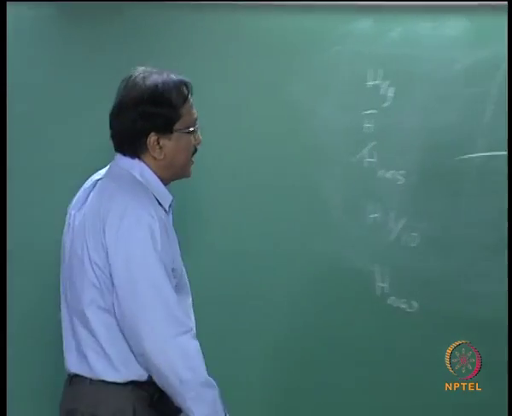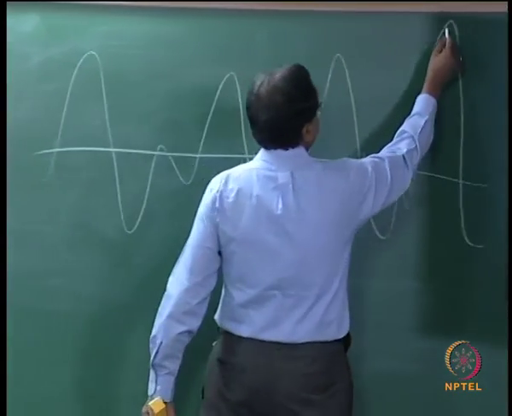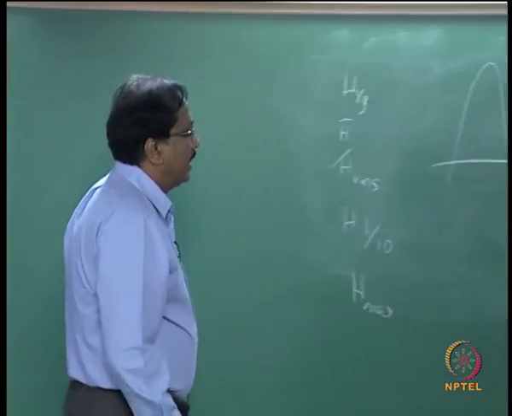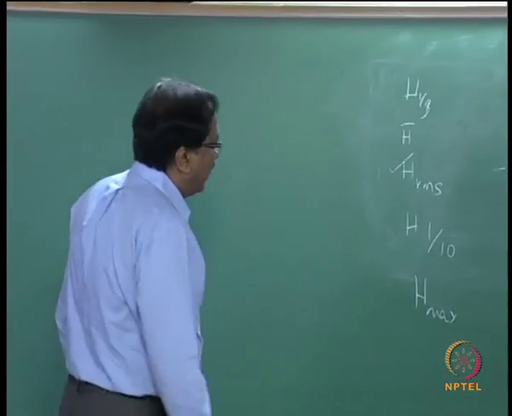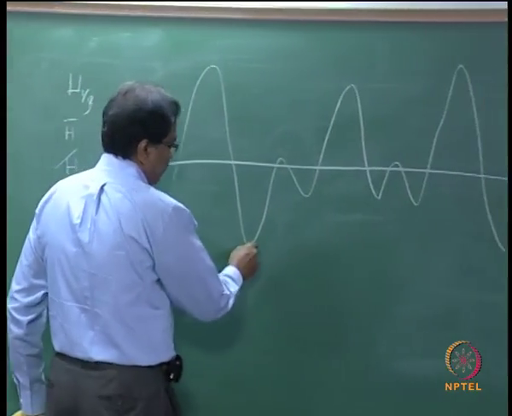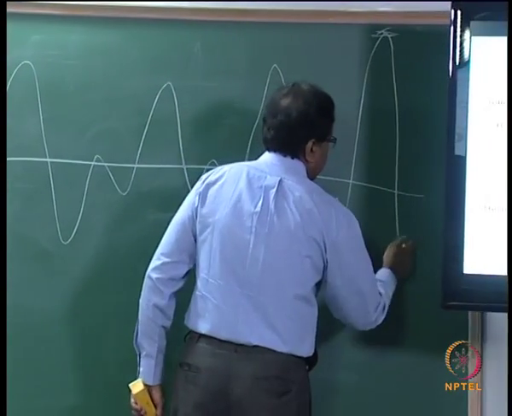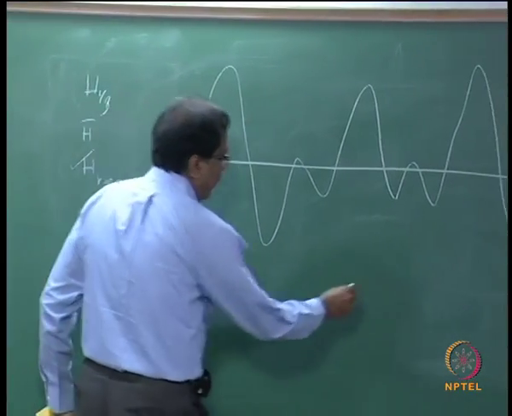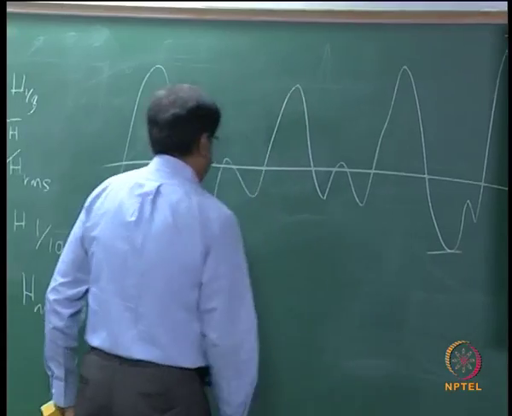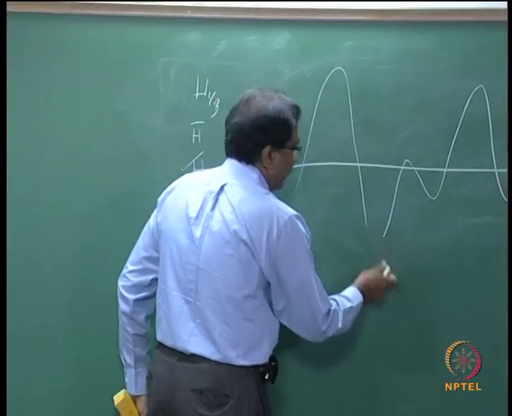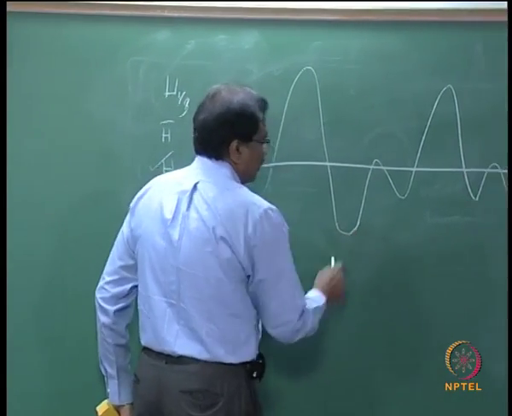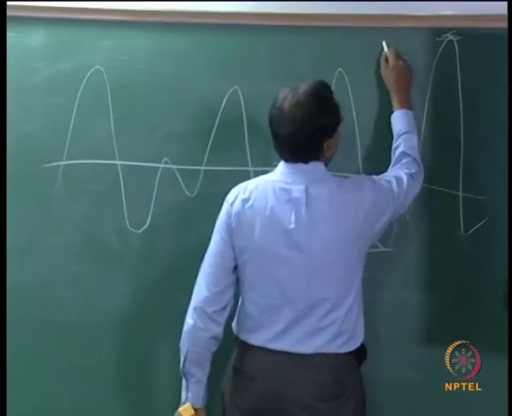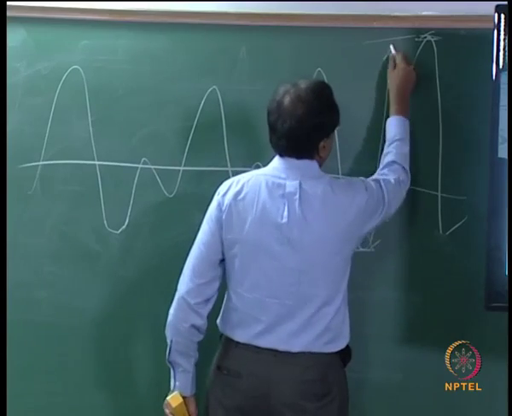So this is the highest crest from a sample record I am just showing, and the distance between that and the lowest trough, I will just say that this is ending here. So the lowest trough will obviously be this. So this is your h1,